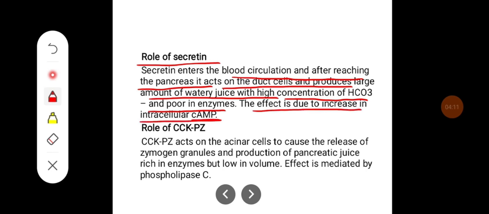If you see the role of CCK-PZ, it acts on the acinar cells to cause release of zymogen granules and production of pancreatic juice rich in enzymes but low in volume. The effect is mediated by phospholipase